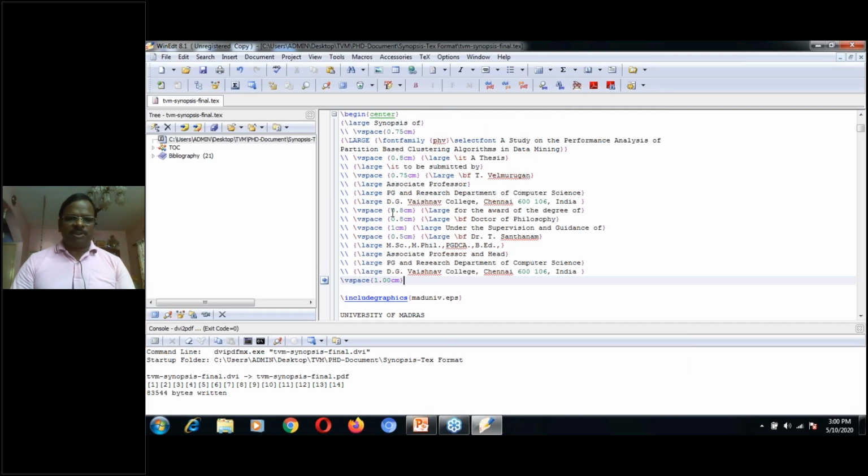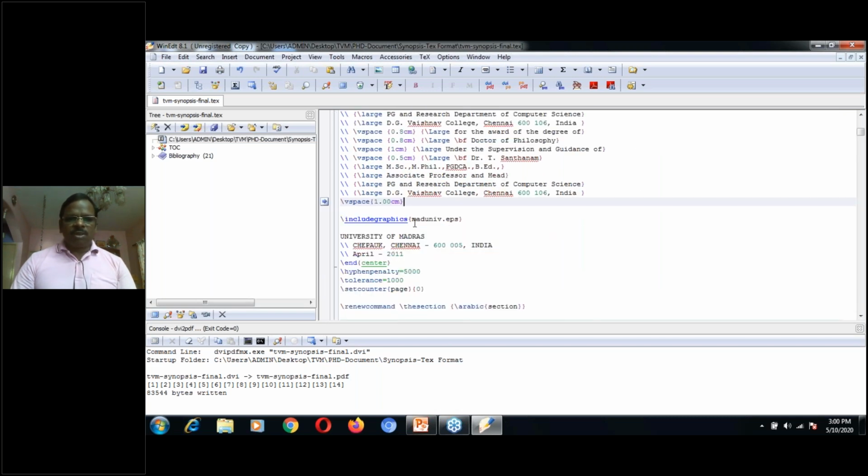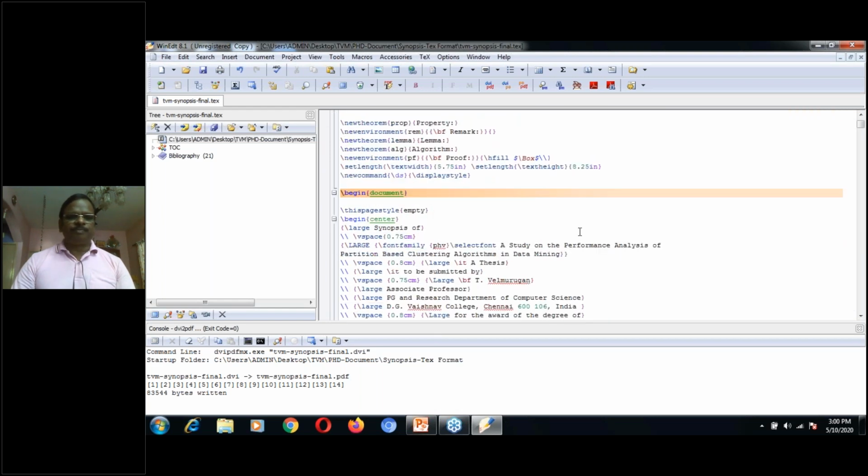What is the vertical space, the use of vertical space, 0.8 centimeter, and how much you can include. Just include the Madras University emblem.eps file. Just include graphics by using the include EPS files. Everything is available. Okay, this is one kind of style file actually used. Now